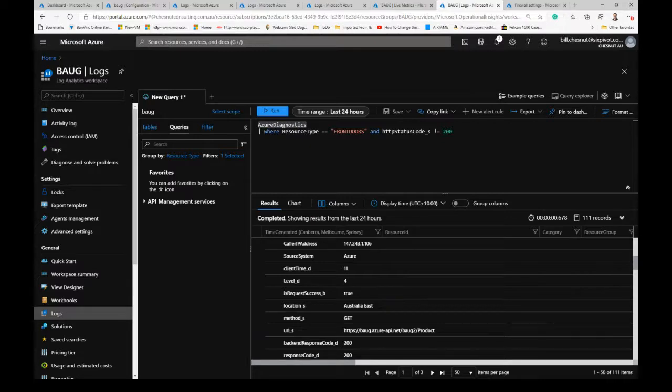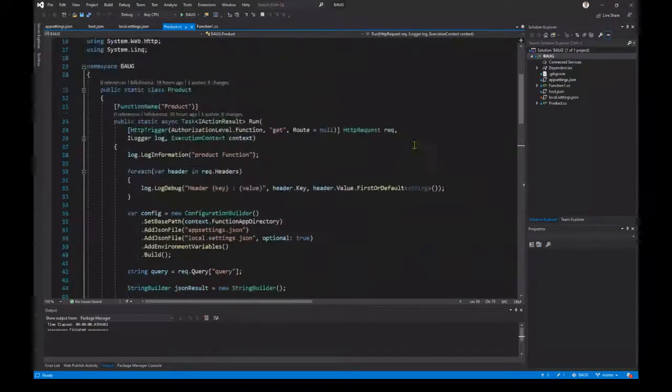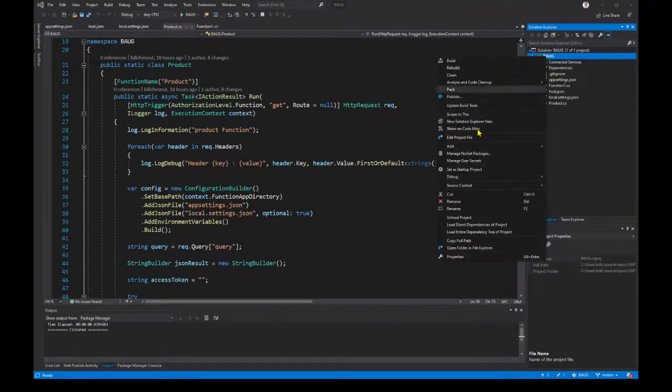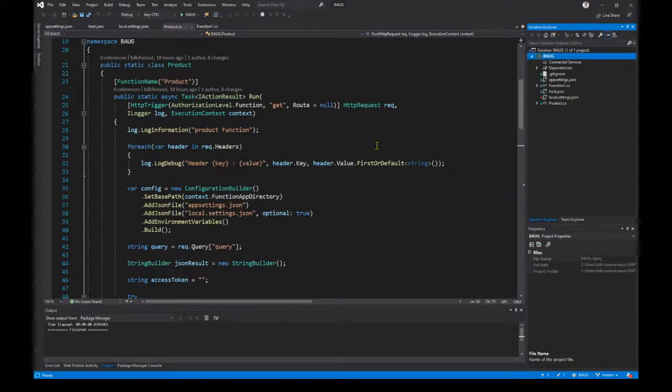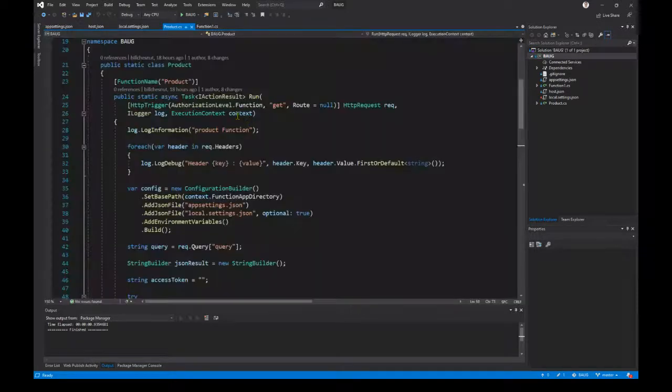Let me go back to the, so basically in here, this is my code for my function. And what I've done is I've added the NuGet package to this for, actually I don't have any of the application insights in this at all. Right now I've got my SQL, I've got my authentication and my .NET SDK. But what I can do is if I want to put a bit more of the application insights pieces in,